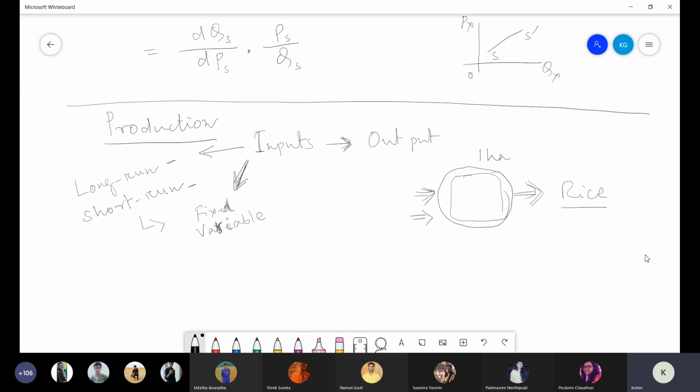So that power tiller is coming under fixed input because irrespective of the level of output, that input is not variable in nature. Whether I can produce 1 ton of rice or even 15 tons of rice, irrespective of the level of output, these inputs remain fixed. But think about a situation where I want to produce 15 tons of rice. Initially I am producing 1 ton of rice, might be using half of this land, but whatever it is, this is not changing.